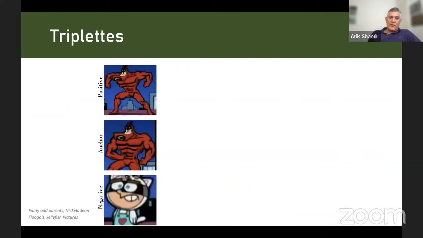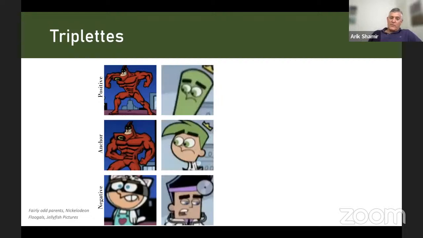So here are some examples. You have some regular triplets. You have the anchor and the positive example, which is very similar, but probably with a different pose. And then you have a negative example, which was in the same frame as the anchor, but it was a different character. But also we have many times more interesting triplets, such as the example I've shown. The same character might change shape or size or color, but because we are tracking it over time, we are still using them as positive examples and then comparing them to negative examples.